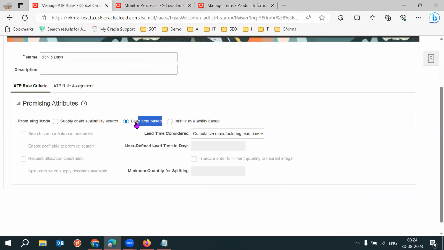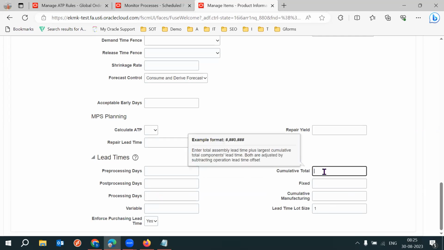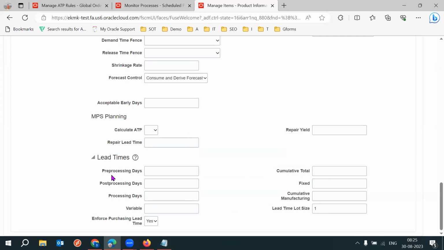Understood the lead time concept? Yes, sir. If it is by item, sir, how we can calculate? If it is by item, you can only enter, don't enter the manufacturing lead times. So no manufacturing lead times, okay? If it is by item, you will not have all this, you'll have only